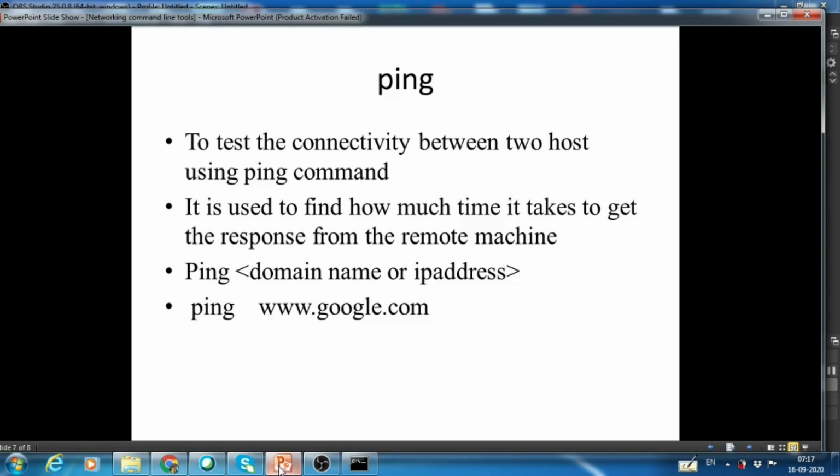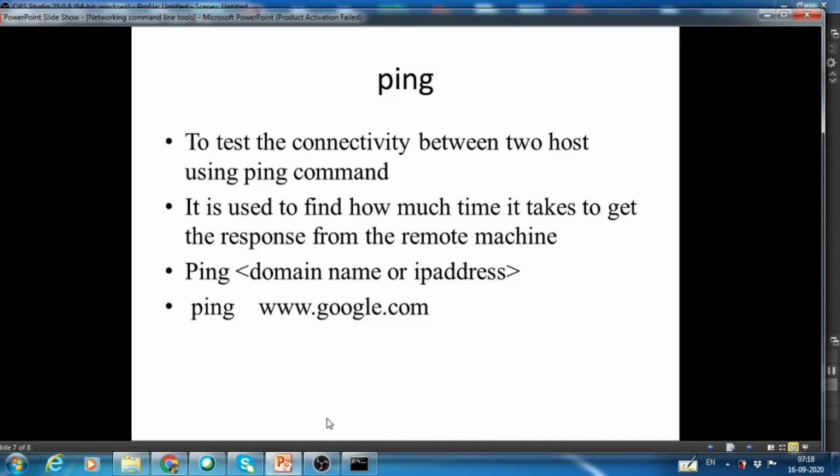Next we will see the next command, ping. The ping command is used to test network connectivity. It is also used to connect between two hosts, two computers, or two devices. To check the connectivity between two devices or hosts, we use the ping command. It is also used to check whether the network interface card works correctly or not, and to test DNS name resolution issues.